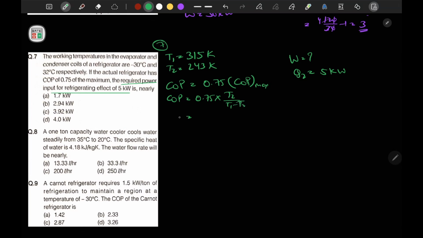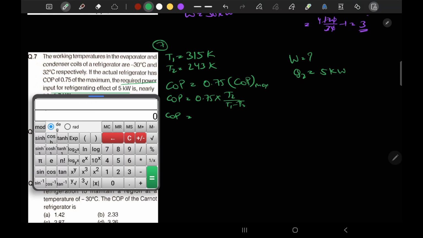Okay, so from here we can write COP is equal to T1 minus T2, so we will get 315 minus 243. T2 is 243, so this is our Carnot COP, 3.375. If you multiply it by 0.75, we will get our actual COP, that is